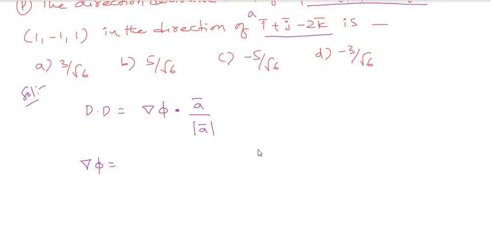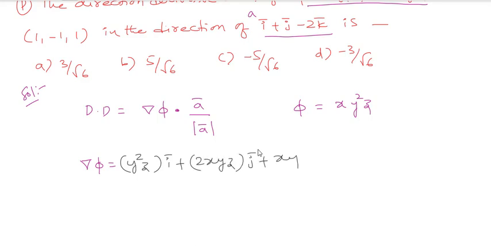So dou phi by dou x into i bar. Generally that phi will be what? Phi is nothing but x y square z. So directly I am doing dou phi by dou x, dou phi by dou y into j bar, like that. So y square z into i bar plus 2xyz into j bar plus xy square into k bar, right? Now my del phi